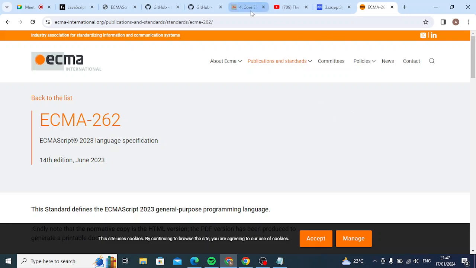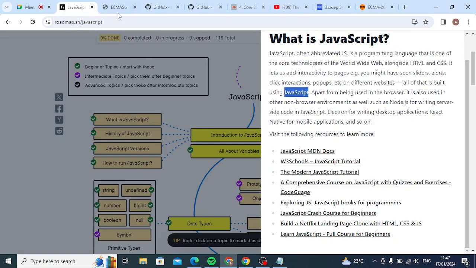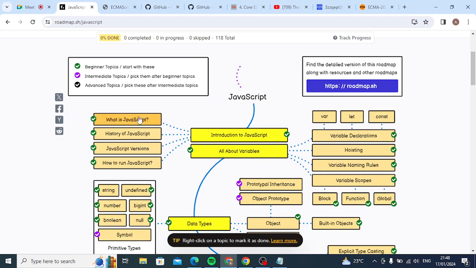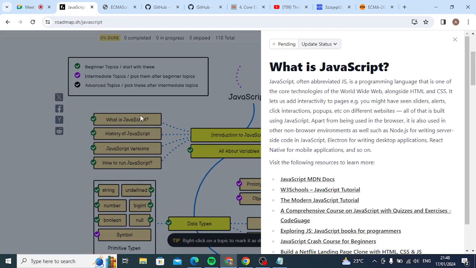All right, let's continue. What I've been telling is: what exactly is JavaScript? Who invented it? When did they invent it? What is its official name? Why did they start calling it JavaScript? We'll also understand what it is, where it is, and what the purpose is. Mainly this language was created to work along with HTML and CSS.